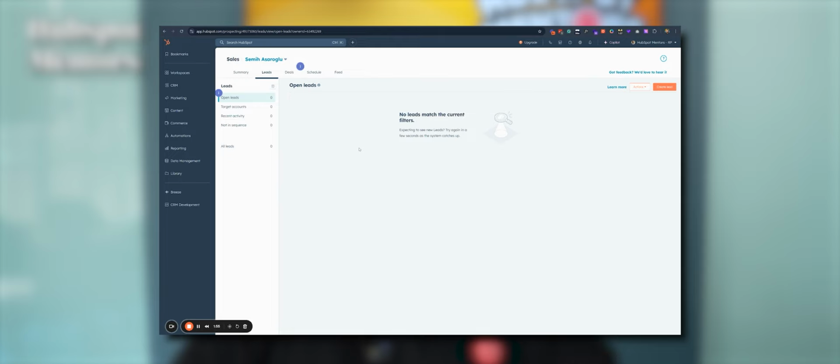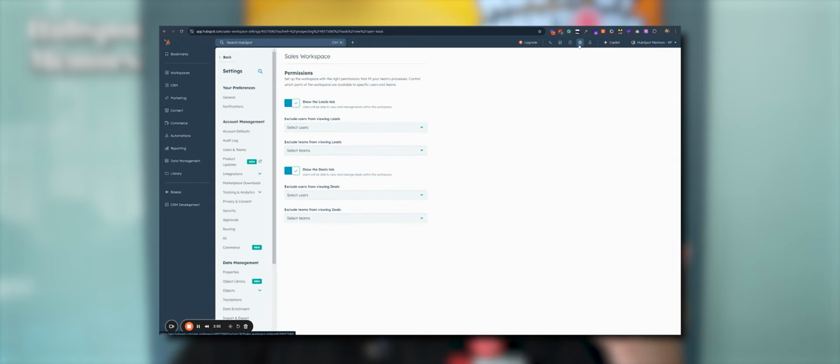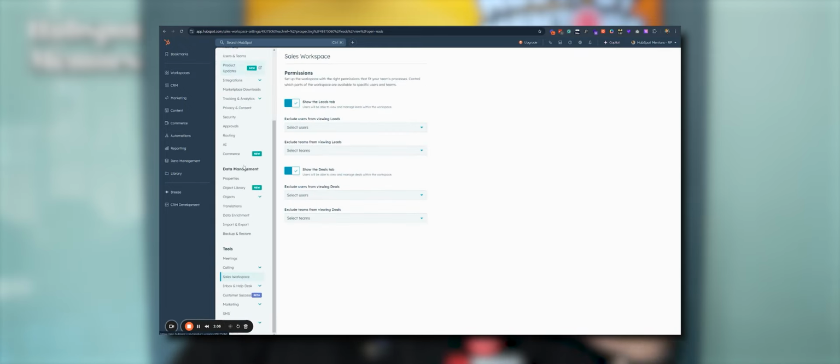So you go into the settings tab, and in here, you'll be able to see some of the features that it has. So, sales workspace. On the left-hand side, you would go into objects, and then you go into leads. And in here, you have your setup. So one of the most important